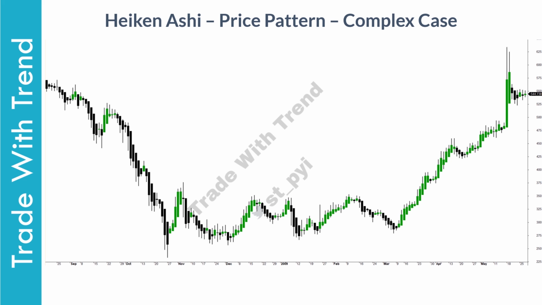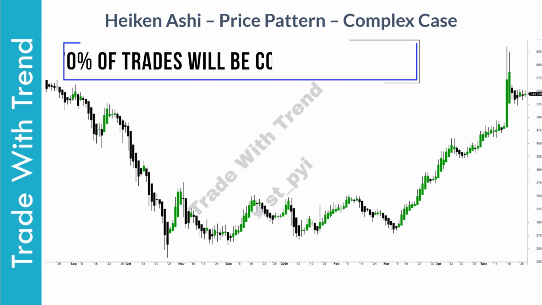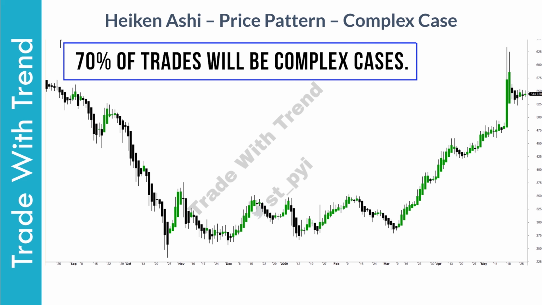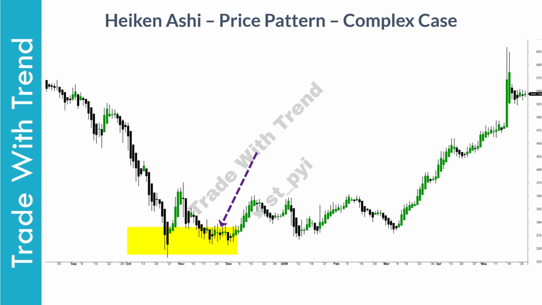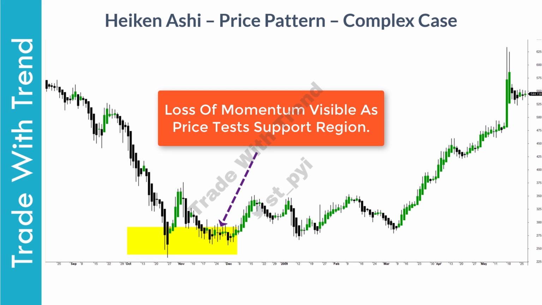Now this example is even more complex than the previous one, and hence do pay attention. The first bottom in price is formed around this region with wide range candles. All these candles here suggest strong momentum on the downside. Price then revisits this region of support with narrow range candles suggesting loss of momentum, making it a perfect region to take the trade. Look at what happens from here on.